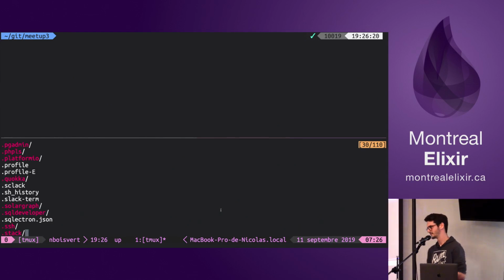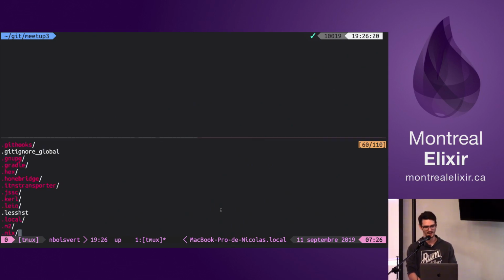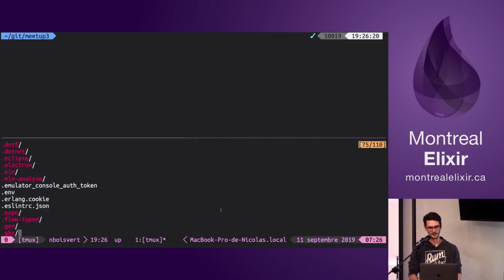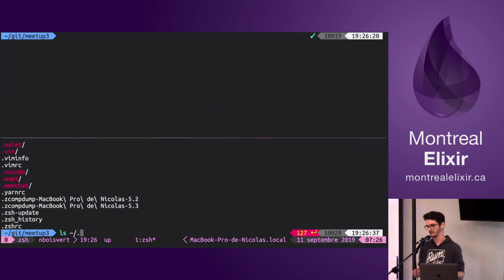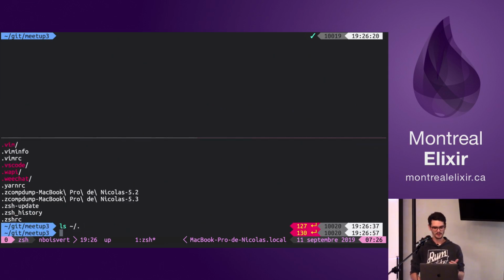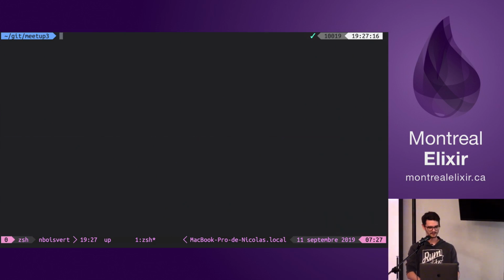That's because I did the whole presentation on my Mac Mini at home, so I don't have the exact same setup on my laptop, but you get the main idea that I have to finally register the path in my path environment, and they are globally accessible. The first time I did it on my Mac Mini, it showed me the actual path where the bin was installed, but it did not this time, so I don't even know why. But that's pretty simple to get. You only have to check out the documentation. You have the relative path to get the location. So let's get back to the talk.